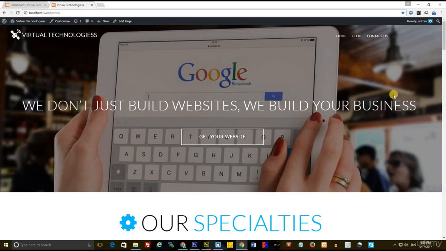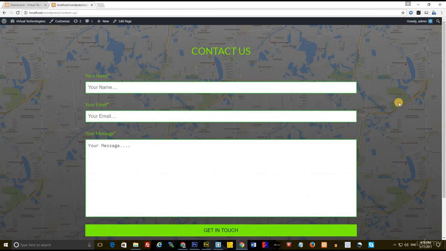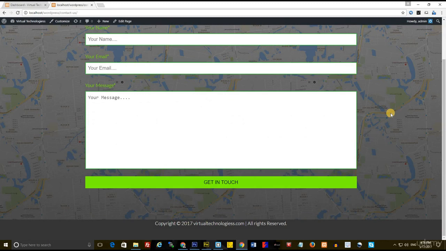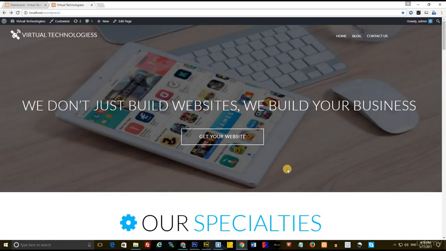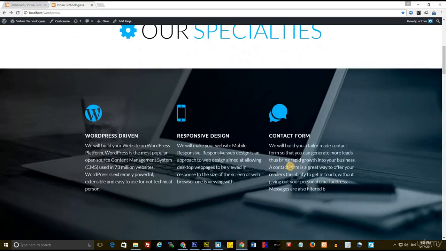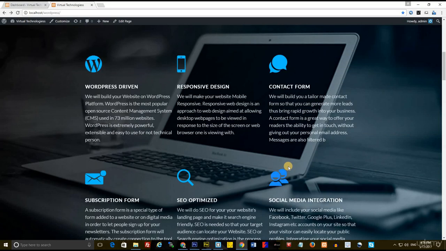We've got a contact us page. Let's click and see how it looks. As you can see, it looks beautiful. It has animation. It has, what do you call it, parallax background. Let's go back. All right. As we scroll down, you see that our animation kicked in, and it has a parallax background, and